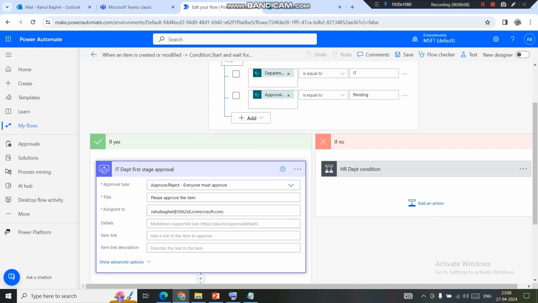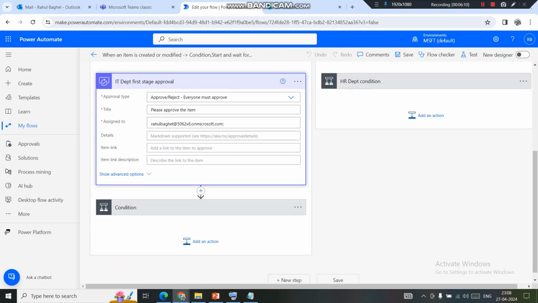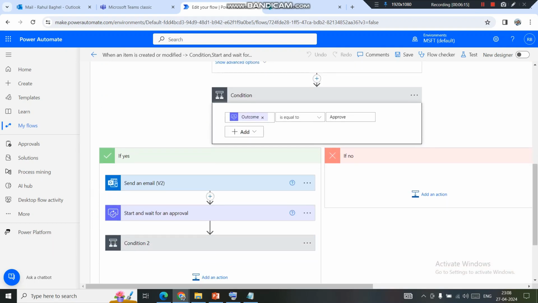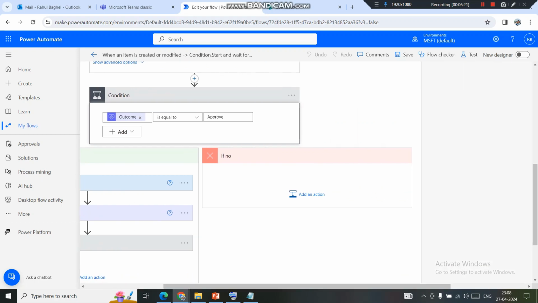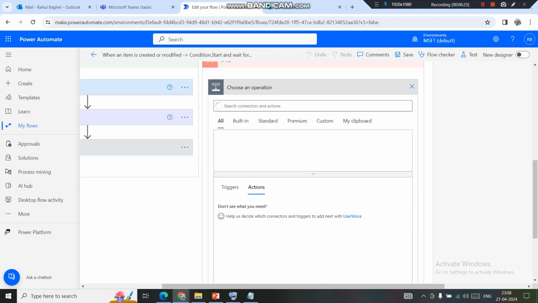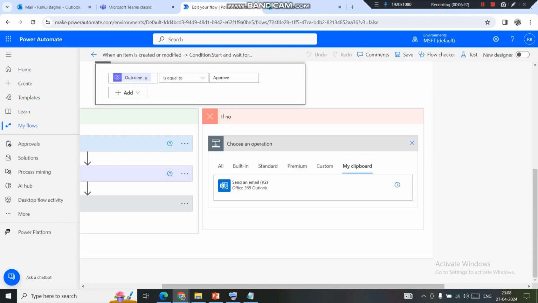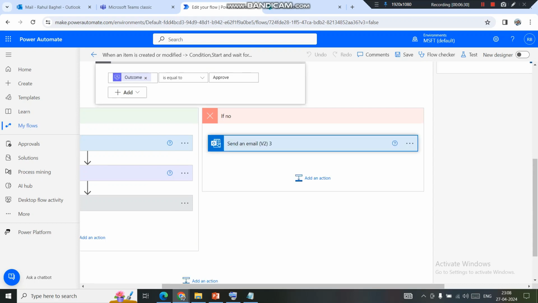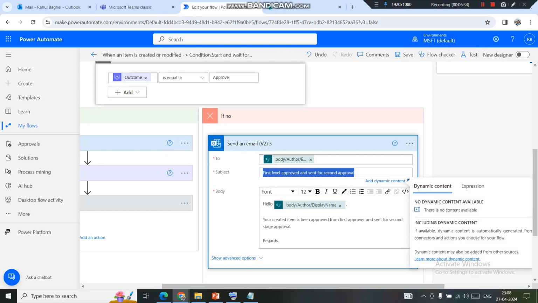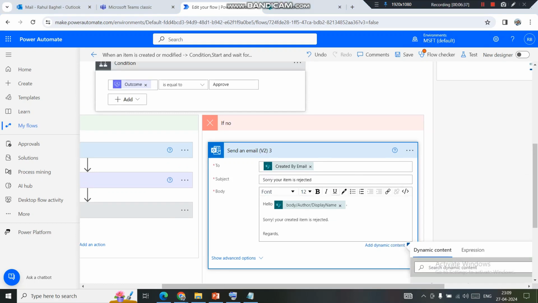This is the first approval. What happens if the first approval is being approved or rejected? Since we have already added all the things in the approved branch, now what we need is that the item, we'll just need to send an email first, and I'll quickly update all those things here. Okay, so I have updated this: your item is rejected, and I'll just put in this short